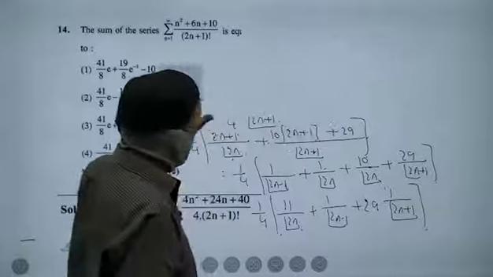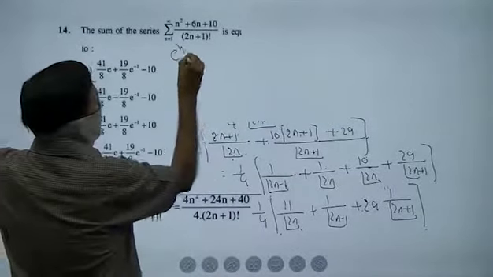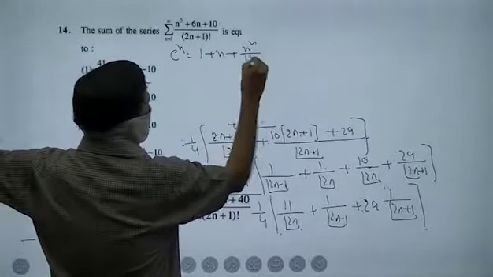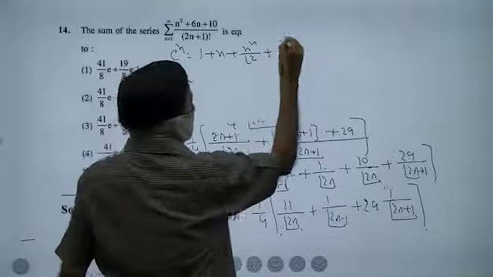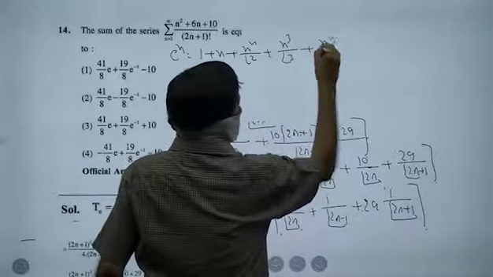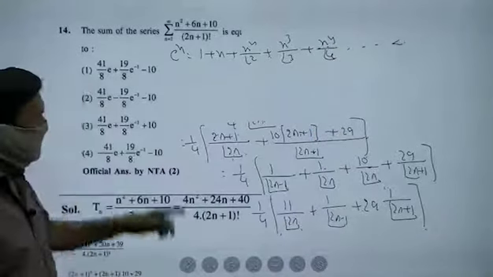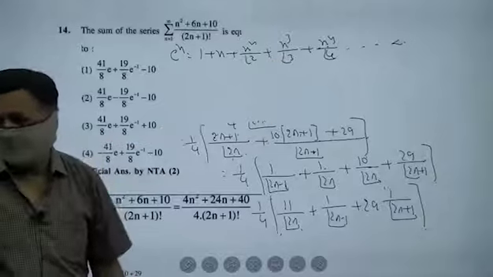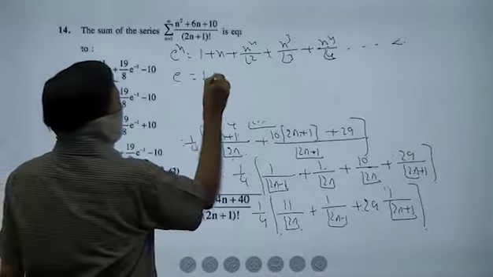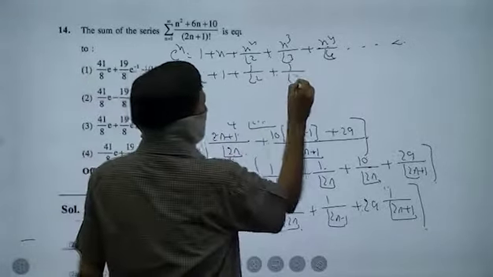Now, after simplifying like this, you listen. e power x is 1 plus x square by factorial 2, x cube by factorial 3, x power 4 by factorial 4, up to infinity. This is the e power x expansion. Put x equal to 1: 1 plus 1, 1 by factorial 2,